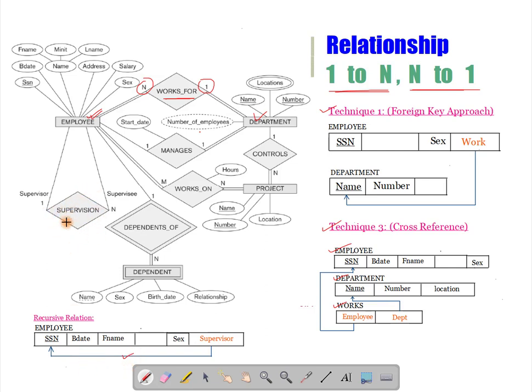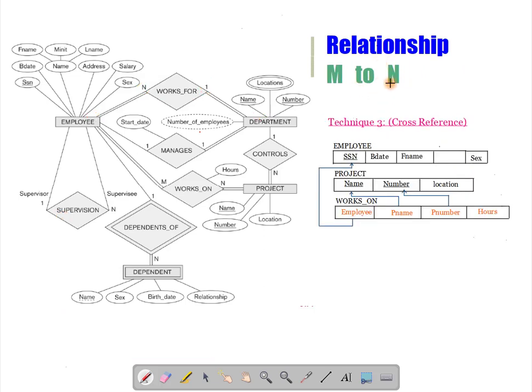And for a many-to-many relationship, you only have one option, that is cross reference. You don't have any other options. Say there's a many-to-many relationship, works on, between employee and project. There is an employee relation, there is a project relation, and you will create a new relation for this relationship, that is works on.